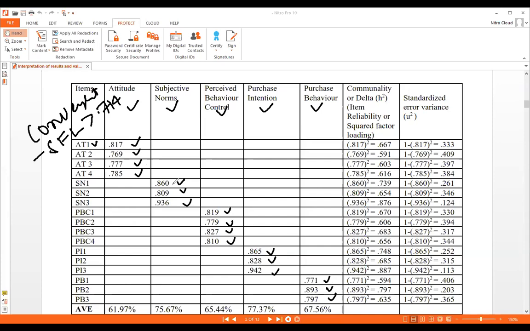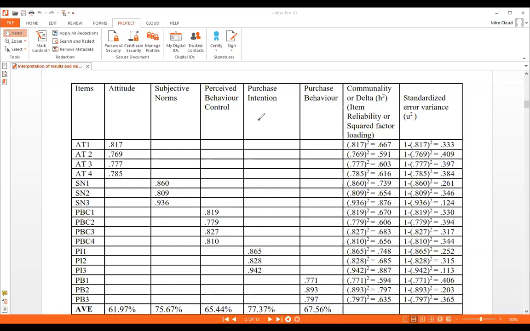Sometimes what happens, in one construct, 1 or 2 items have lower factor loading, like 0.68 or 0.635. So should we remove these indicators or not? No. If not all the items' factor loadings are greater than 0.714, then